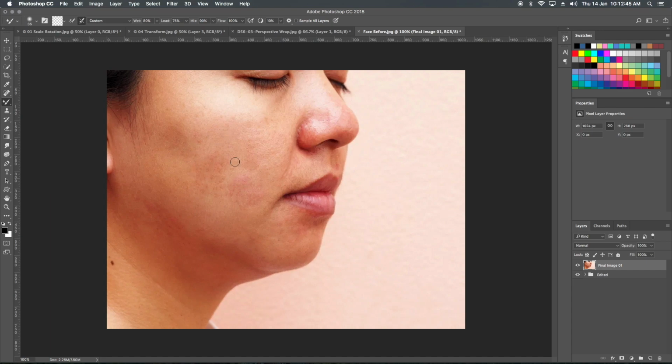How I can control the spread is wet, load, and mix. Let's say this ink is not so much wet. I'm only changing wet. Now I'm telling Photoshop that this ink, this color, is very wet.